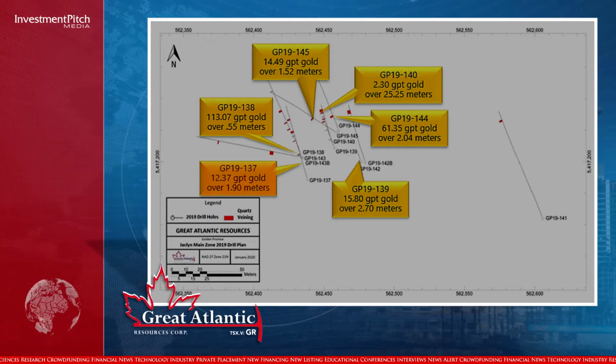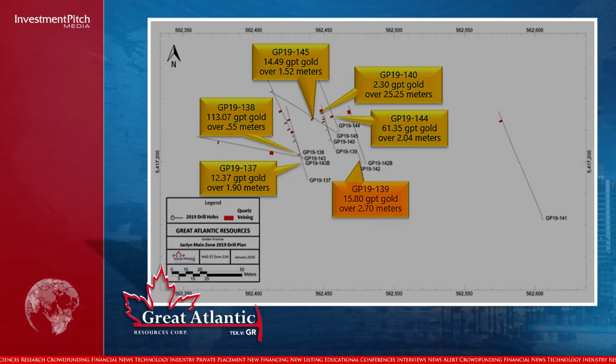Hole 138 with 113.07 grams per ton gold over 0.55 meters. Hole 139 with 15.8 grams per ton gold over 2.7 meters. Hole 140 with 2.3 grams per ton gold over 25.25 meters includes 5 gold-bearing veins. Hole 144 with 61.35 grams per ton gold over 2.04 meters, and Hole 145 with 14.49 grams per ton gold